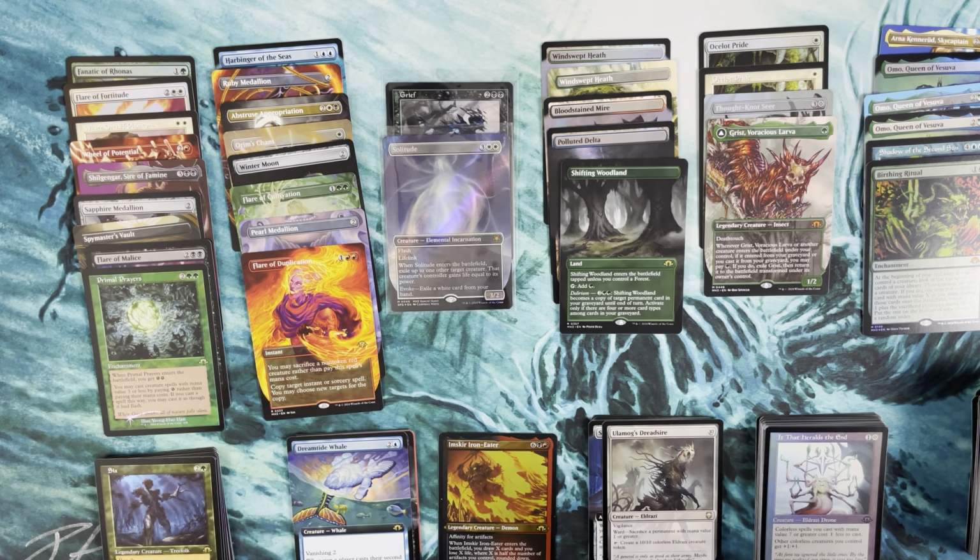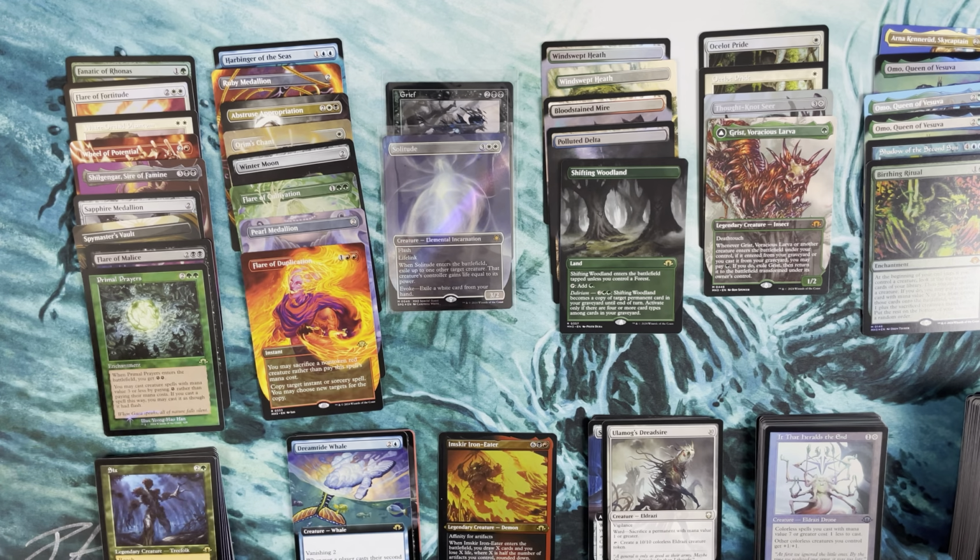And again, who knows what's going to be what? We're not talking about pricing or anything, but it's interesting. That borderless foil Flare of Cultivation feels like a hit. 2 of the borderless medallions, non-foil. 1 regular medallion, pack foil medallion for the Sapphire medallion. Overall,